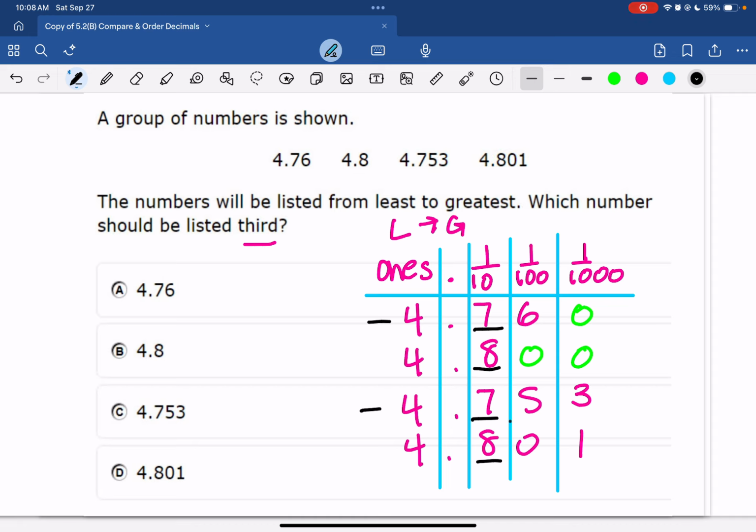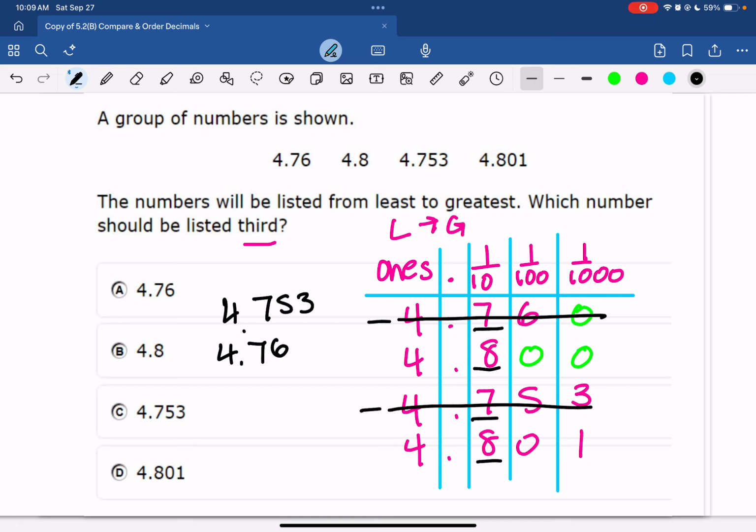The question is, is 753 or 760 smaller? Well, 753 thousandths is smaller than 760 thousandths. So I will write that one first. Scratch it out. Then go to 4 and 760 thousandths, or if you wanted to leave it 4 and 76 hundredths, that's fine. Now you're going to look at the next number, and it's 4 and 800